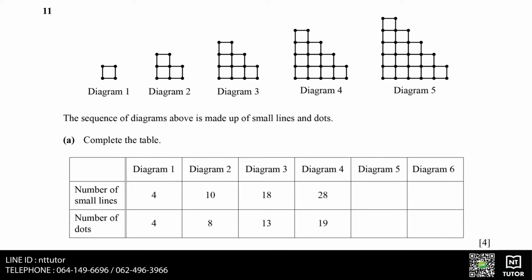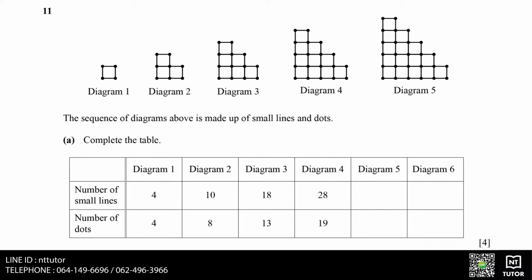The sequence of diagrams above is made up of small lines and dots. Complete the table. To complete the table, we can just count the number of lines and the number of dots from diagram 5. However, since we don't have diagram 6, we can't do the same for diagram 6. It's a waste of time to draw diagram 6, so it's better to complete the table by noticing the patterns